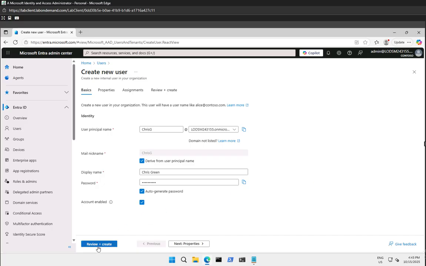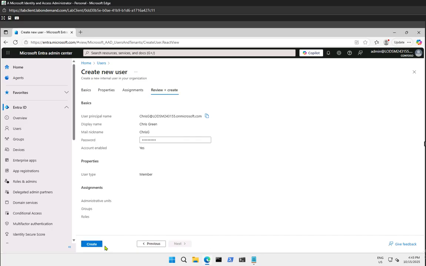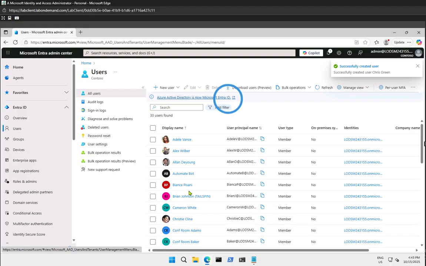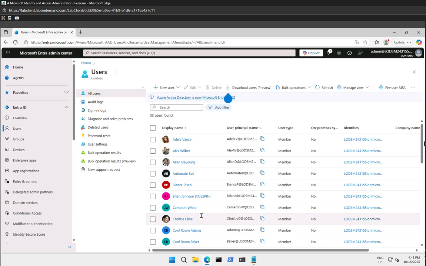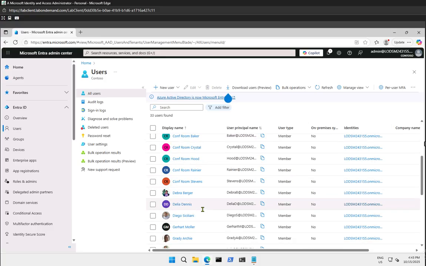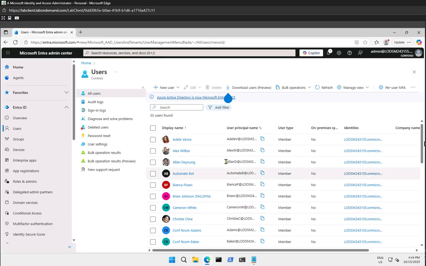So click on review and create at the bottom here and create. So that's how simple it is to create a new user. And as you can see, there are 33 users here and Chris is nowhere to be seen, and I think it's just a delay that's happening. So if I refresh it now, yeah, we have 34 users now and Chris Green is right here. So that's the first task